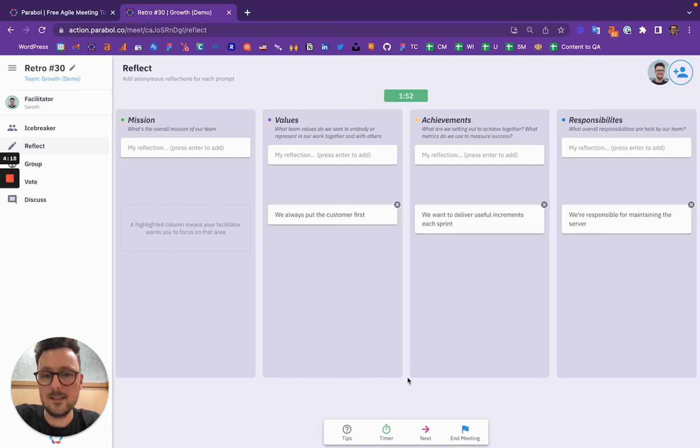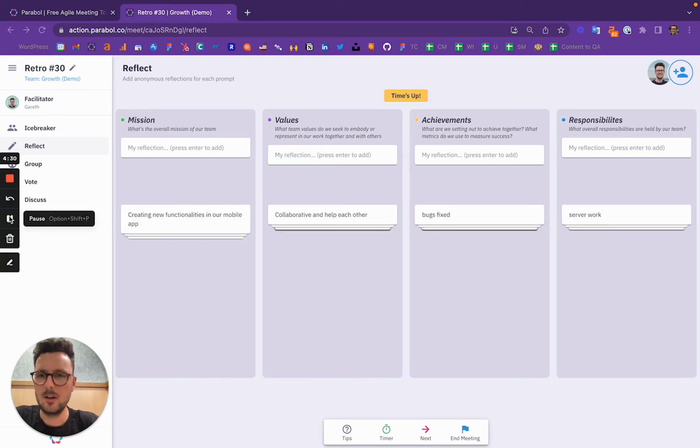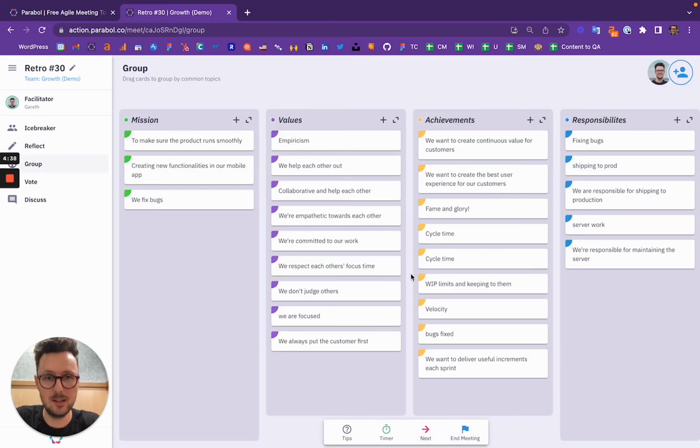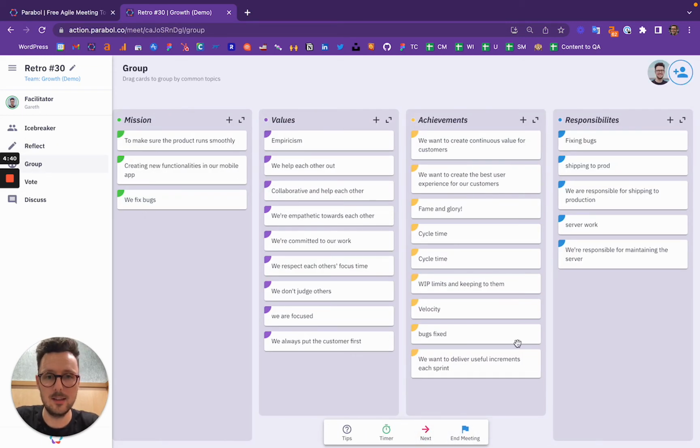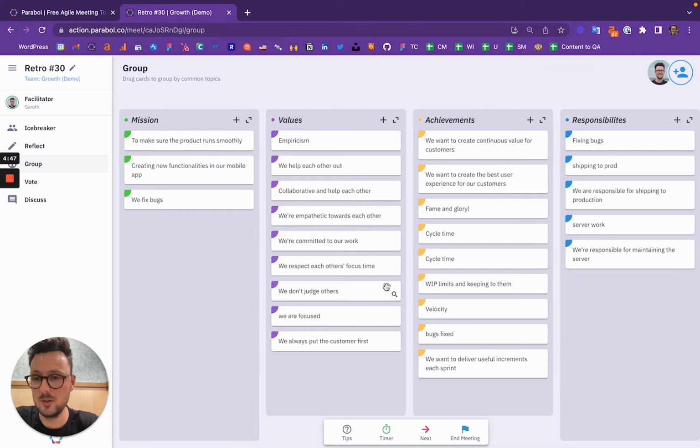Okay, at the next stage, we're going to group some cards together. So I'm going to magically create some more cards here so you can get an experience of what it looks like when you have a full team involved, and then I'll be right back with you. Okay, we're back and we have very many cards written up. So now as a facilitator, I'm going to move this forward to the next step, which is grouping. So you'll be able to see all of the cards here that your team has written. You won't be able to see who's written them, but now is a chance for you to group these together